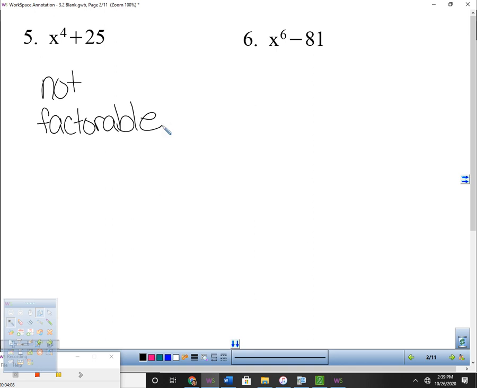Okay, number 6. Do you have two perfect squares and a minus sign? Yes. All right, so we split that into two binomials. The square root of x to the 6th, x to the 3rd, and the square root of 81. And every now and then, one of these will also be the difference of two squares. Like this one almost is, but 3, that's not a perfect square, right? But if it was, then you could do it again, right? Okay,